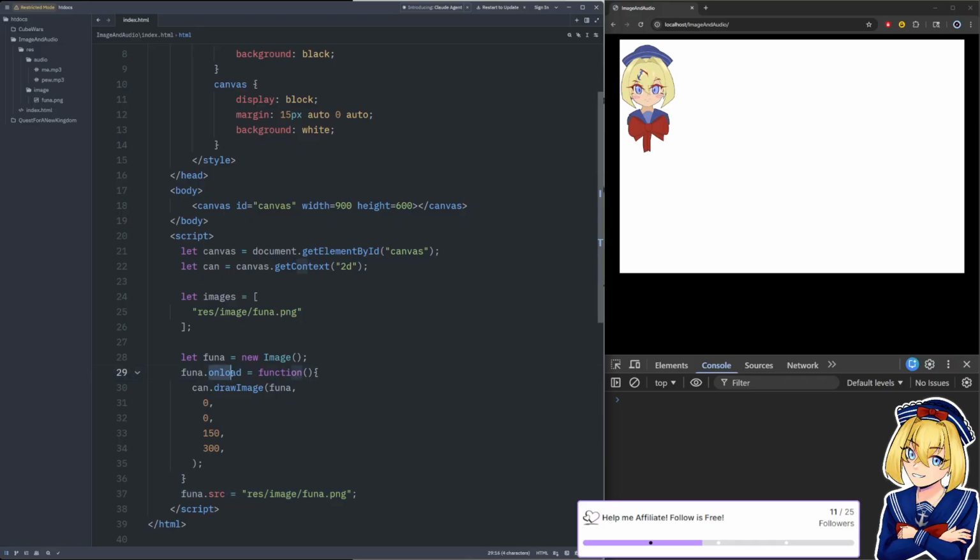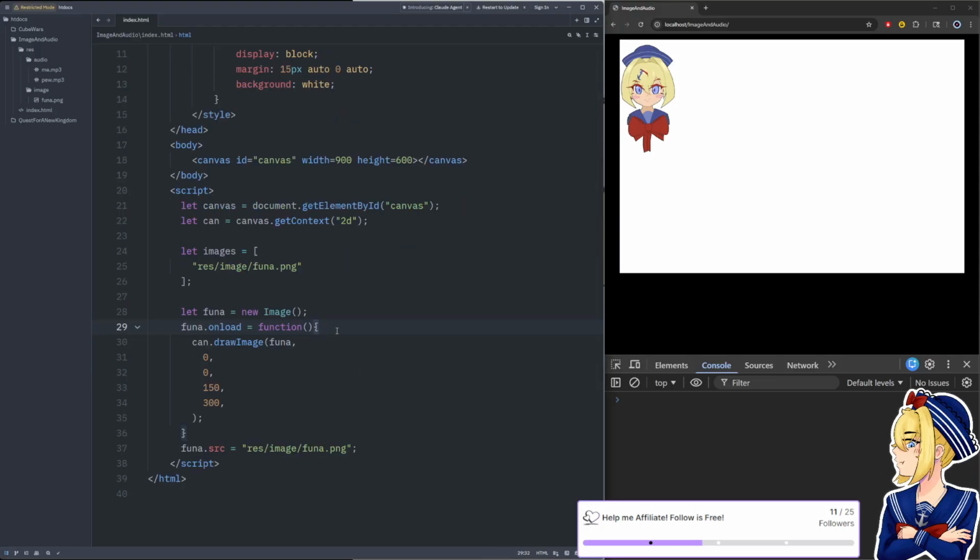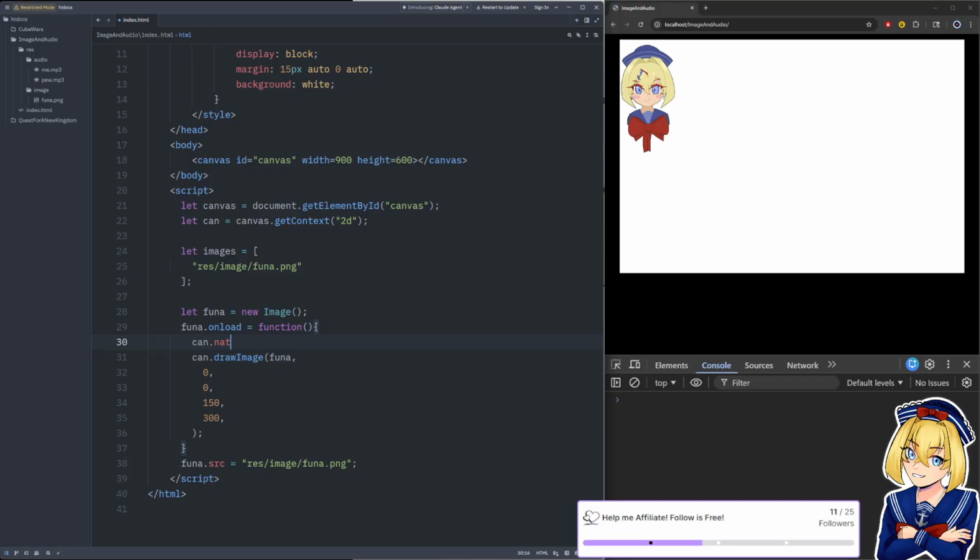But then in the onload, I would have a check for the natural width and natural height of the image that you loaded. There's a read-only property you can use called natural width. Sorry, this would be on Funa.